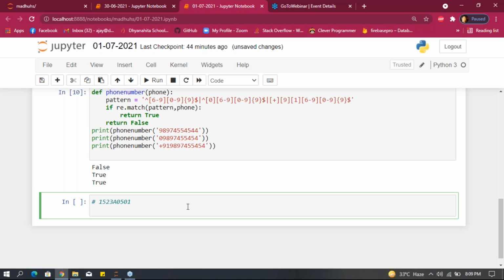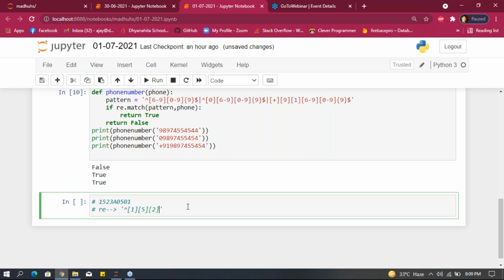What can I write here? Regular expression. Give here the caret, and we have to start with 1, after that 5, after that 2.